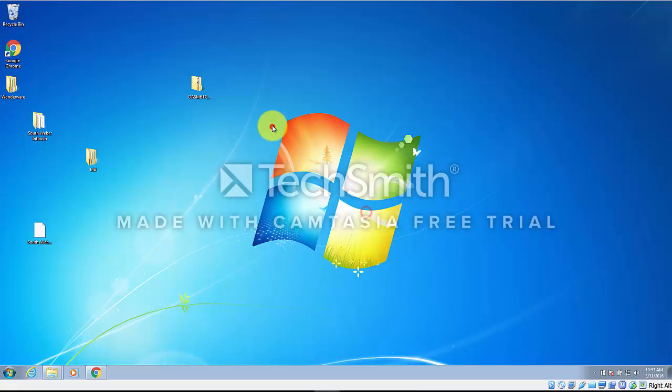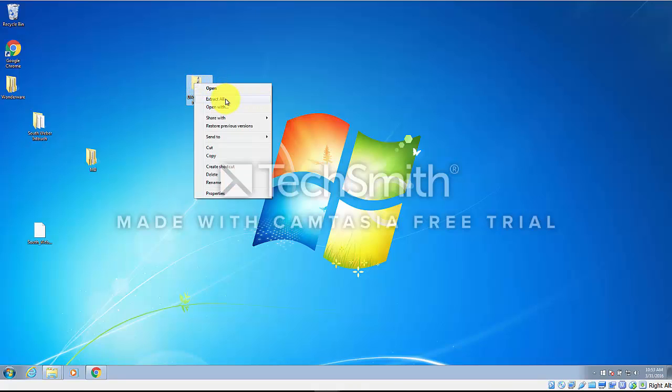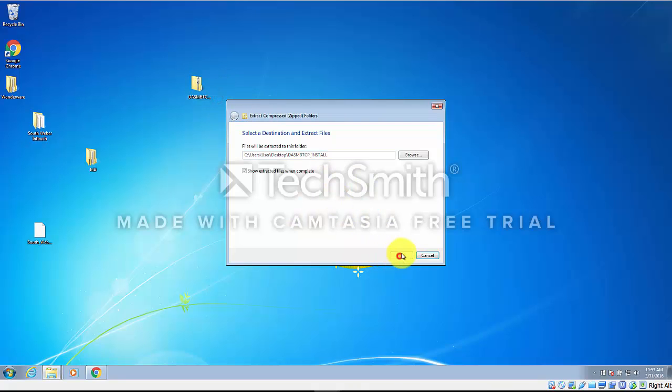Okay, so this is just a quick video to show you how to install the Modbus DASMBTCP server for Wonderware. Here is the file that I sent you a link for. It is DASMBTCP install. I'm just going to go ahead and right click, select Extract All, and extract